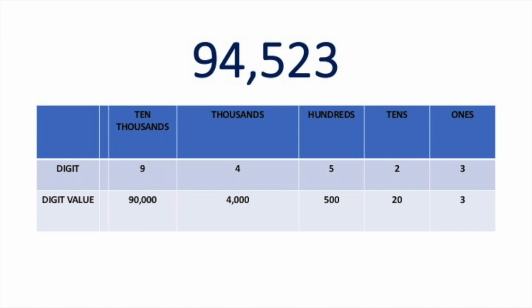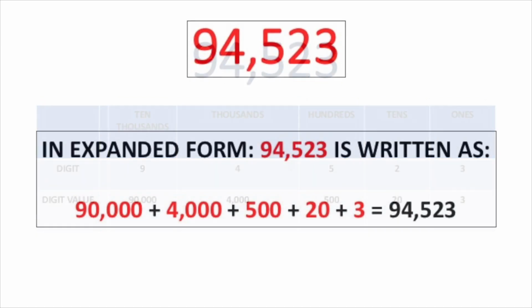4,523. How many 10,000s? 90,000. How many thousands? 4,000. How many hundreds? 500. How many tens? 2 tens, 20. And how many ones? 3. So again, 9, 4, 5, 2, 3 will give us 94,523. So in expanded form, we can say that 94,523 is written as